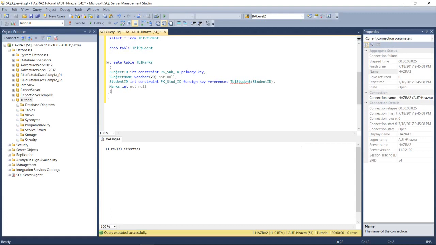So every time the user enters data into the marks column, it will check whether the condition is met, yes or no. If the condition is met, it will allow the table to accept the data. Otherwise, it will terminate. Let's check the concept in action. Right now, we don't have any constraint like that. So if I simply do insert into table marks, with subject ID, subject name, student ID, and marks,